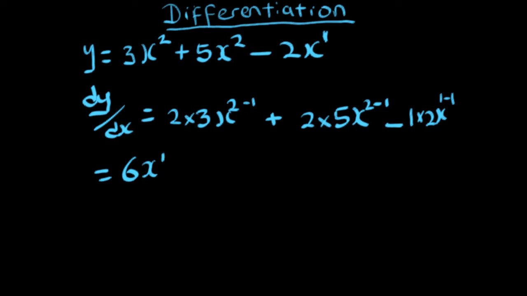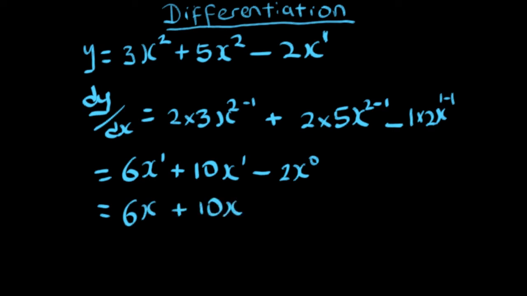plus, now 2 times 5 gives us 10, right? We have x. 2 minus 1 here gives us the power of 1. On this other side, 2 times 1 would give us 2, x raised to the power 0, right? So let's finish this up. So 6x raised to the power 1 still gives us 6x, plus 10x raised to the power 1 giving us 10x, minus,